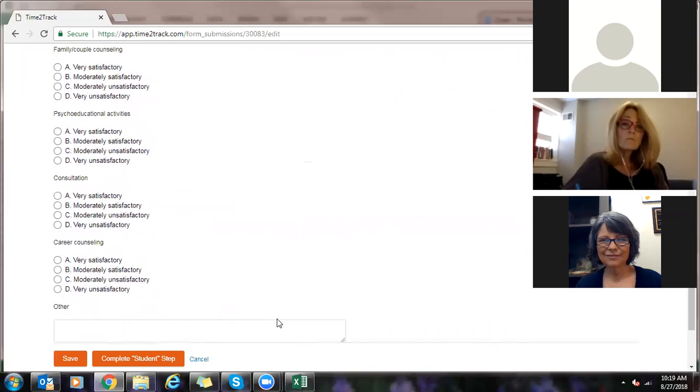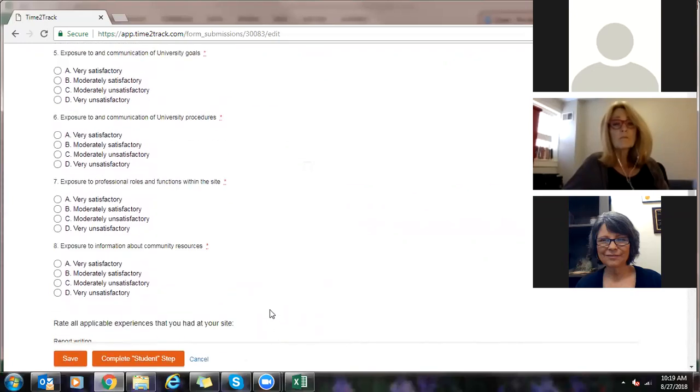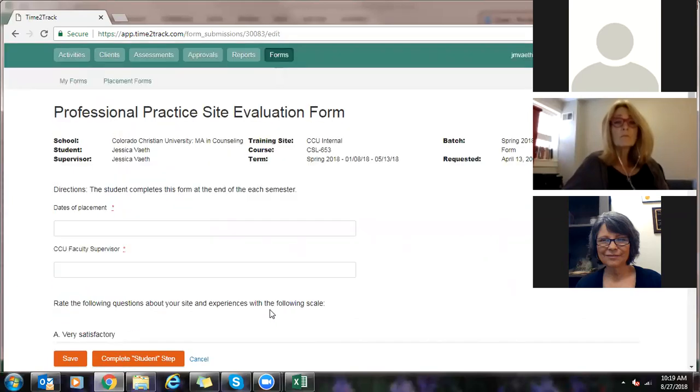So something that Deb and I were going over a little bit ago is the forms, because before, the way Time to Track has always worked is faculty members could not actually access the forms or see the forms. And so we've always had students print the forms out once they've filled them out and then upload them to Blackboard. And we might do that again this semester just to make things simple, since that's the instructions in the shell. But I want to be able to show you guys, I think you guys are actually having access to